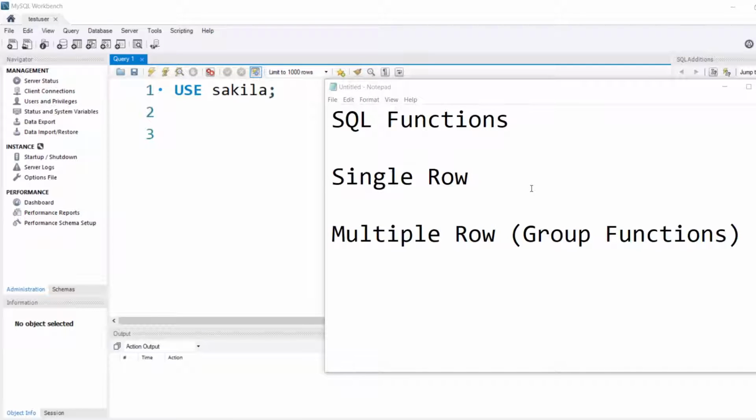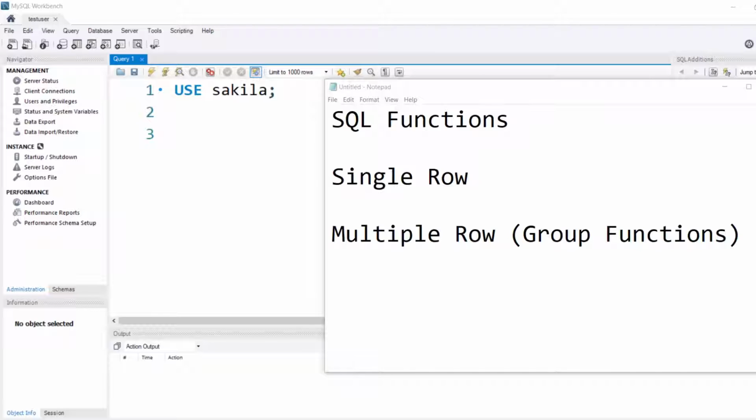In this video lecture, we are going to see the SQL functions. So, we are going to see the library functions of SQL, and these functions are implemented in almost all the implementations of SQL like MySQL, Oracle, Teradata and other RDBMSs that use SQL. So, let us get started.